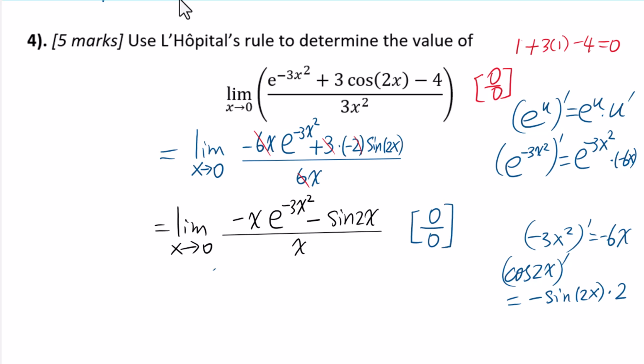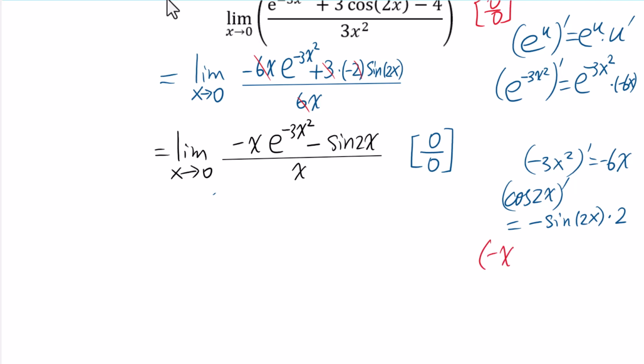We will use L'Hopital's rule again. For negative x e to the negative 3x squared prime, we have to use product rule. Negative x prime e to the negative 3x